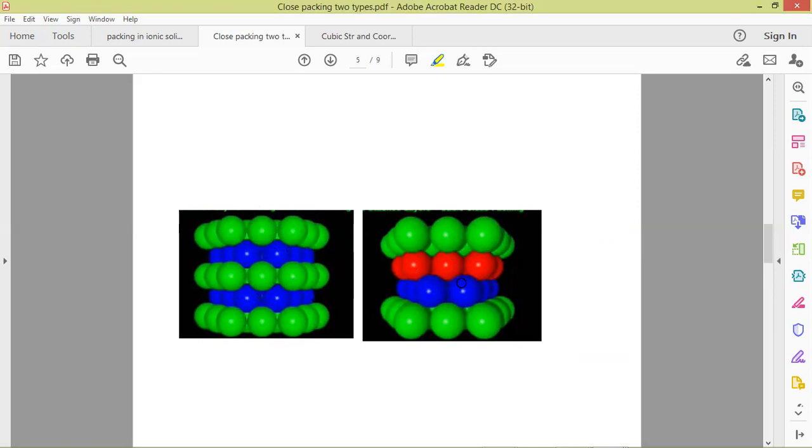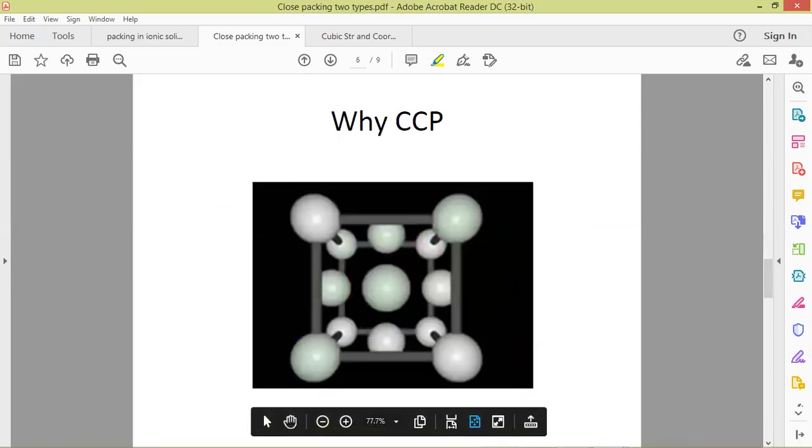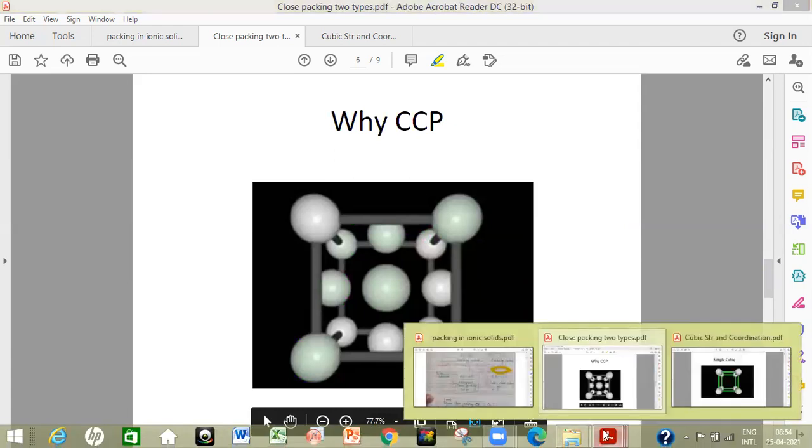And this is the ABC stacking pattern. After every third layer, that is the blue layer, if it is the C layer, then the fourth layer is exactly the same as the first layer. So these are the two types of stacking patterns that we get. Next we have,